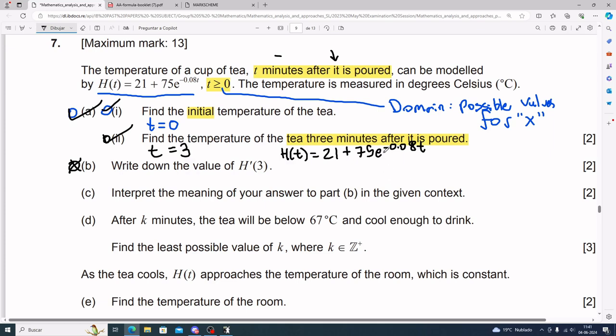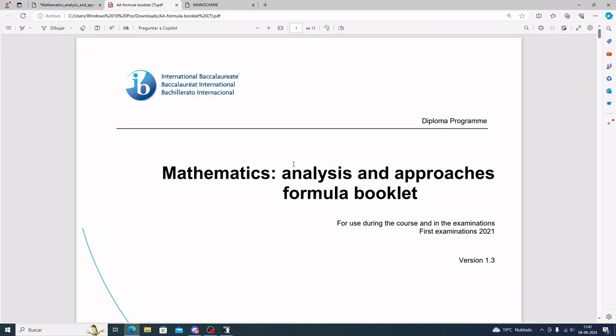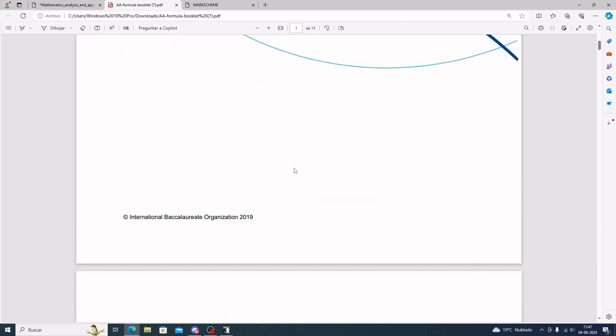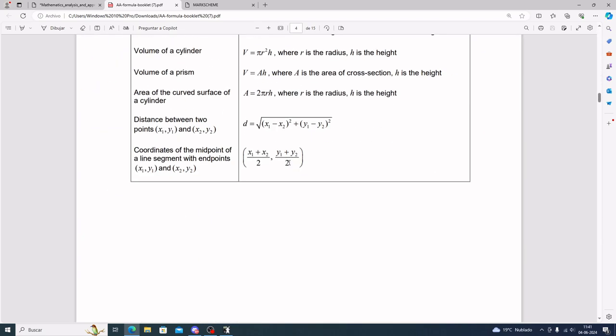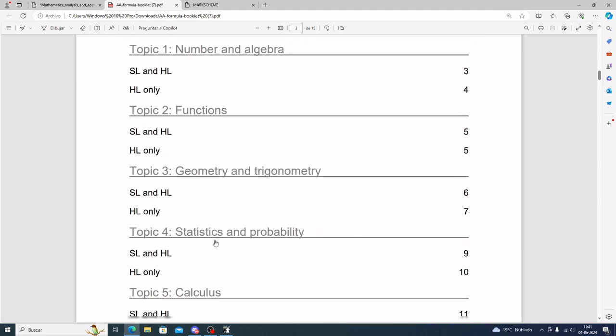Now, thankfully, the derivative of e is very specific. If you go ahead and go to your formula booklet, it's very useful to get familiar with it, because on the day of the test, it is an additional tool that you can use. So get familiar with it. There is no reason not to. So anyways, eventually you can go to the part of